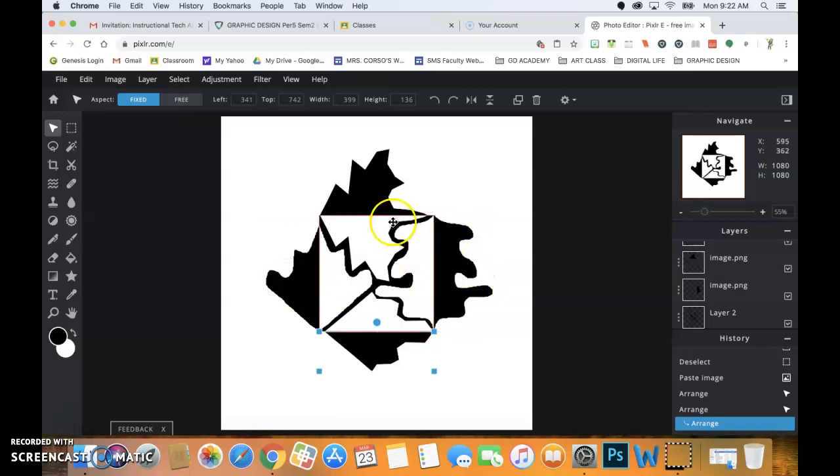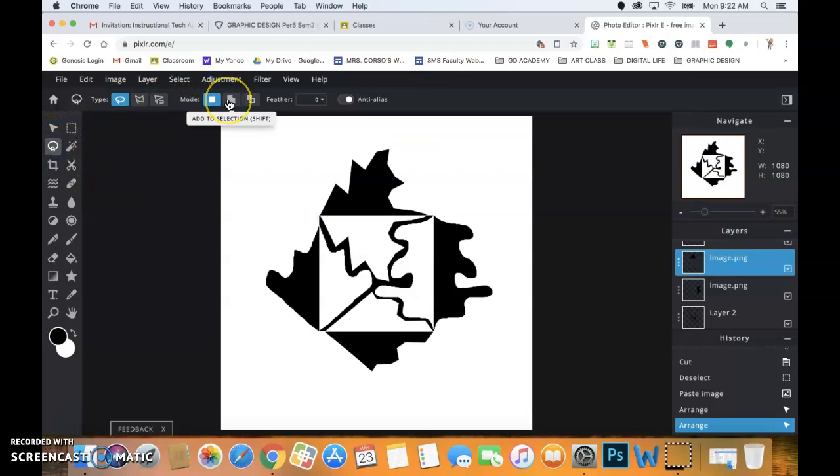So what you can do to add to this is you can actually go to one of these layers. Let's say I'm up here, and again, look at your layers, make sure that is the right layer. And you can cut pieces from here and flip them back down. So this time I'm going to go to Add to Selection in the mode. What that's going to allow me to do is to make a selection, and I can make another selection. So if I wanted to do these spots,